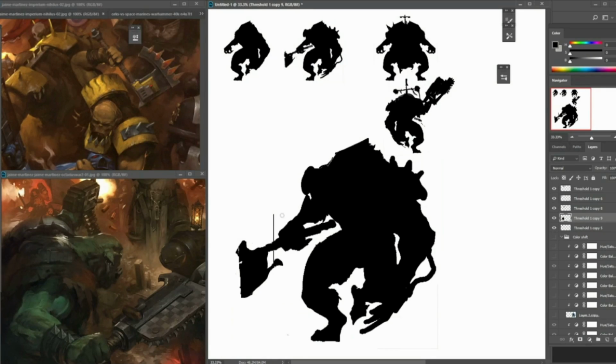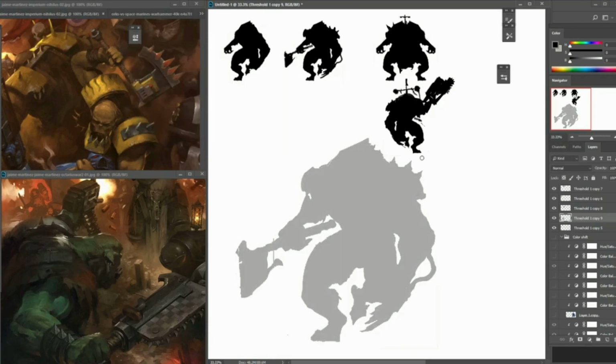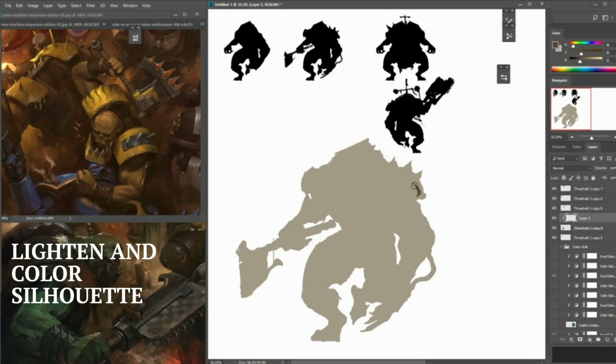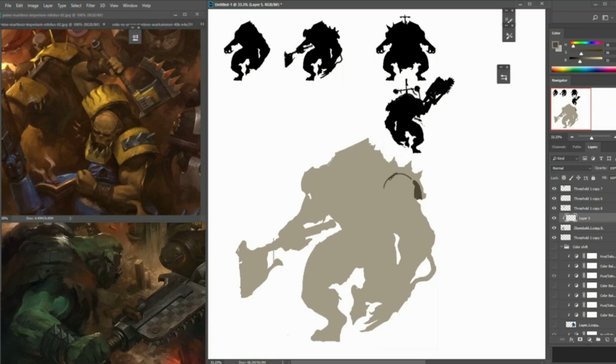Alright, for this video we're going to be talking about how to take your silhouette and then fill it in using different values and using that to sketch out some designs. So the first step is we're taking our silhouette, we're going to lighten and color it. This makes it a lot easier to fill it in with darker values. The darker values help bring out some of your shapes a little bit better, and just allows you to work